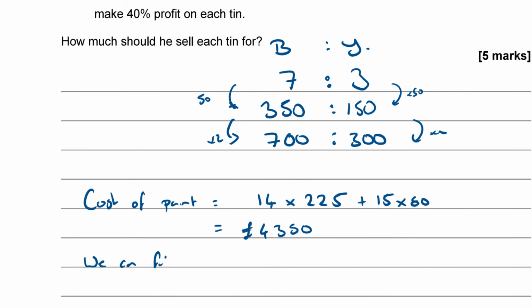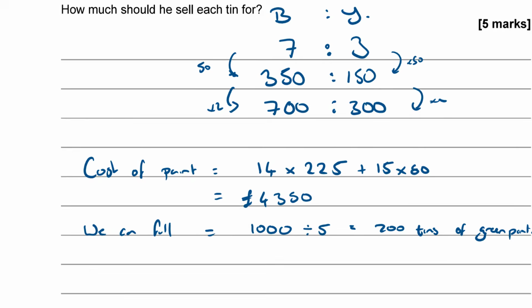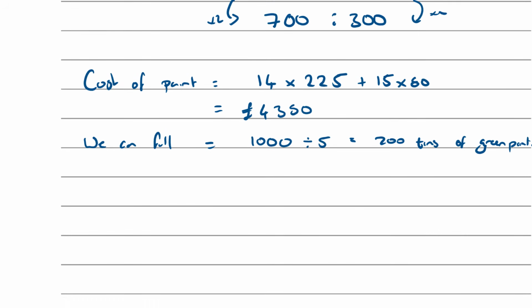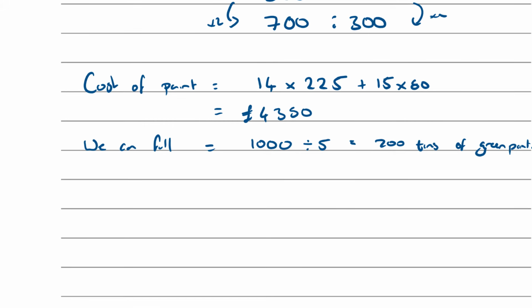I've got 1,000 litres of paint divided by 5, so that's going to be 200 tins of green paint. Okay, so that 200 tins of green paint cost £4,350 to make. So cost per tin of green paint